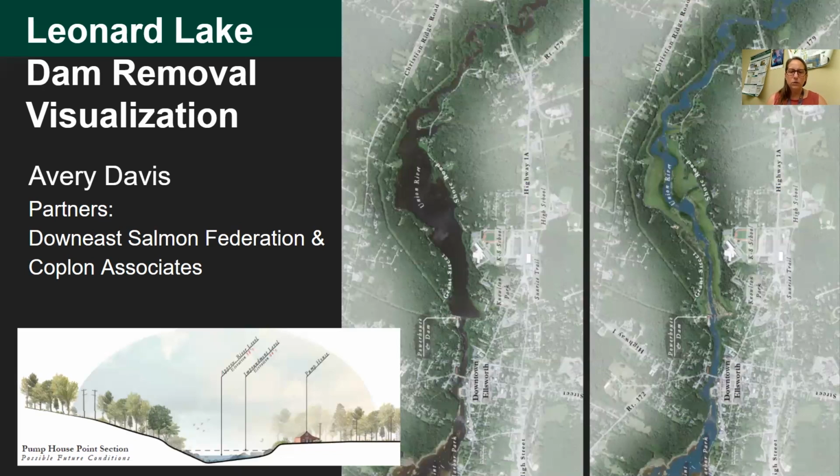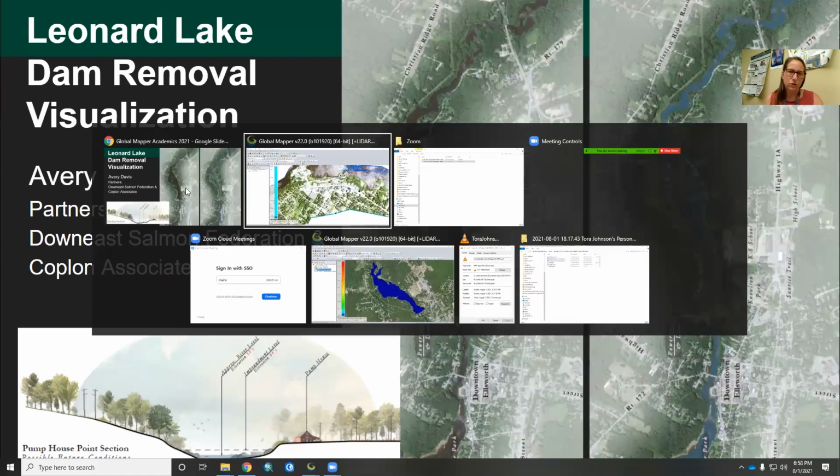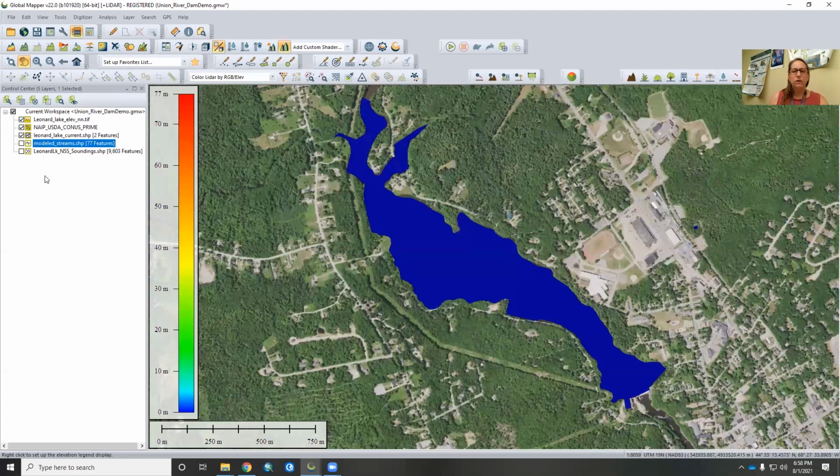Copeland and Associates wasn't really able to work with the 3D data, and so they brought us in to help them. And Avery Davis, one of my students, for his capstone project this spring, decided to work with them to provide them with the 3D visualizations they needed. It was a complex project, and I'll show you why. And he used GlobalMapper to do it. So here we have in GlobalMapper, this is the current